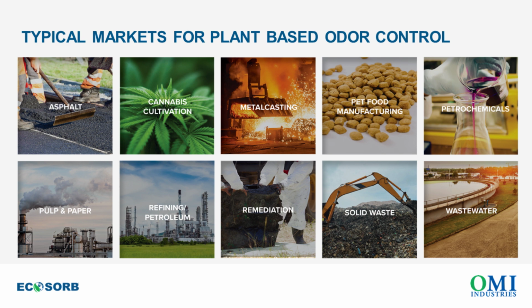This last slide, before we move on to questions, I just want to share with you all the different markets that we use our plant-based odor control with. There are over 200 EcoSort products. Jennifer brought that up a little bit. We have a dozen or so base blends in the water-based and oil-based additives, and then the rest are many, many different types of custom blends that were created either for a specific industry or a specific situation. So if we're not dealing in your situation already, we certainly can develop an EcoSort that will do that, but